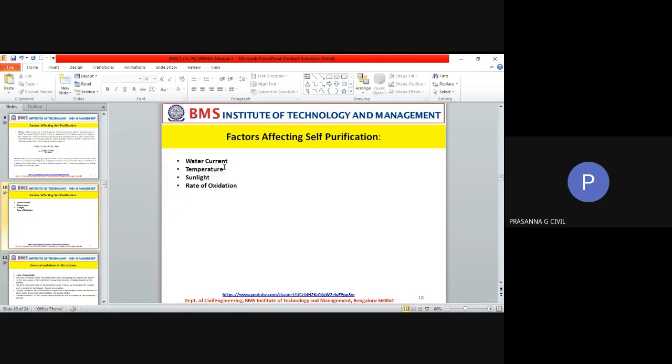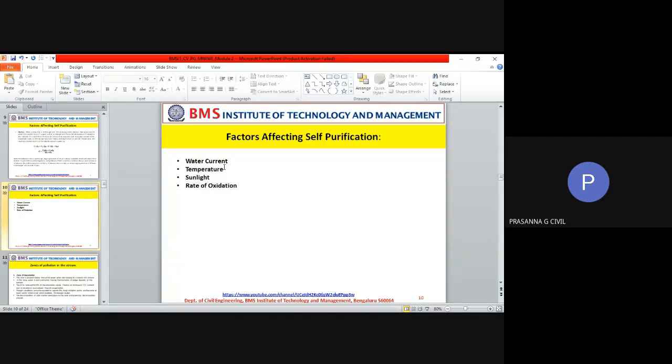Low temperature, I told you, as temperature increases, DO concentration gets lower. At lower temperature, DO concentration will be there, but organism activity will be lower. So it's like a no-win situation. You have DO, but the organisms are not going to be very active because of the very cold climate. Understood? So at low temperature, the activity of microbes is low, hence decomposition will be slow, though DO will be higher when it's at lower temperatures.